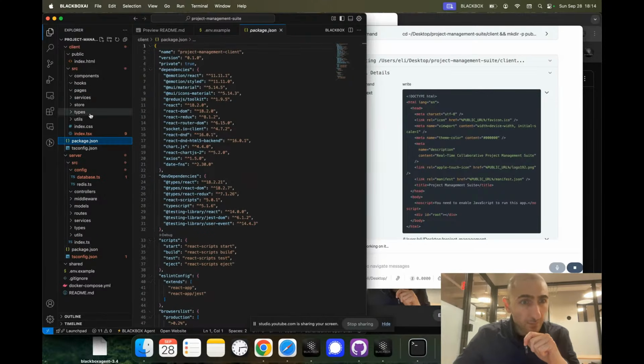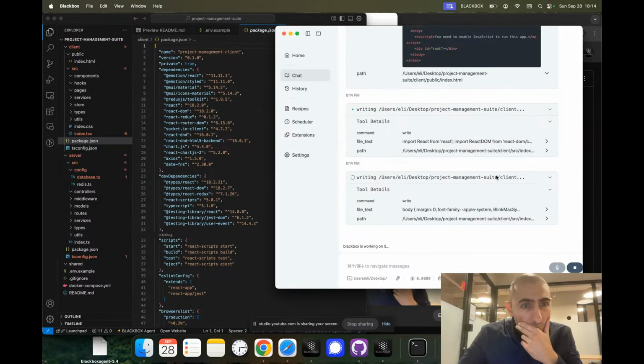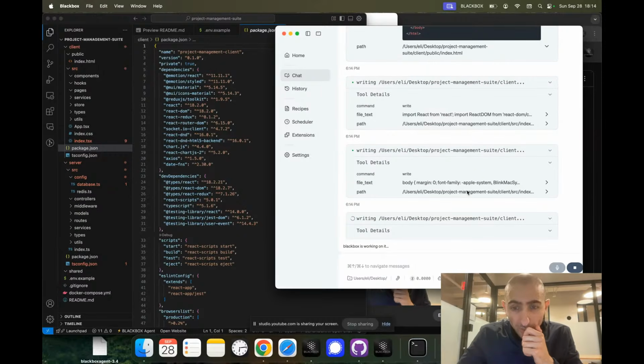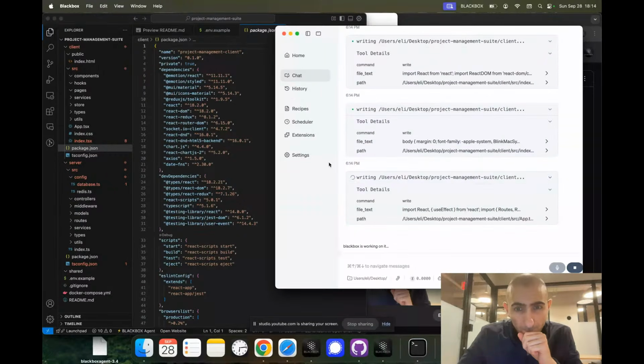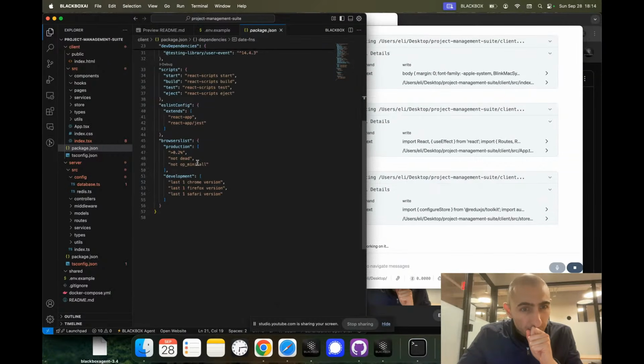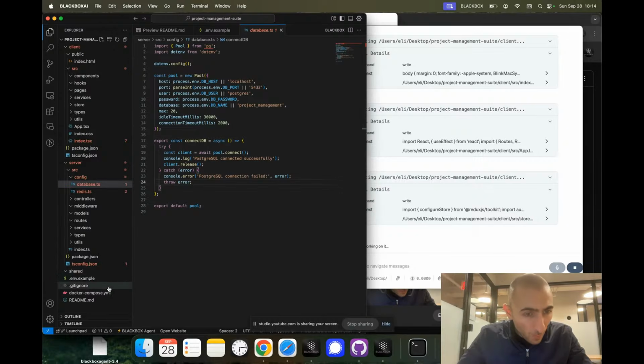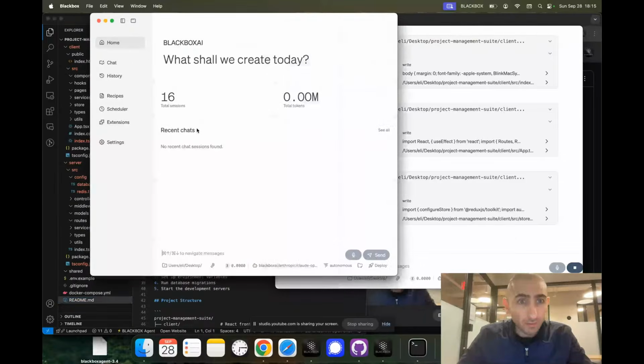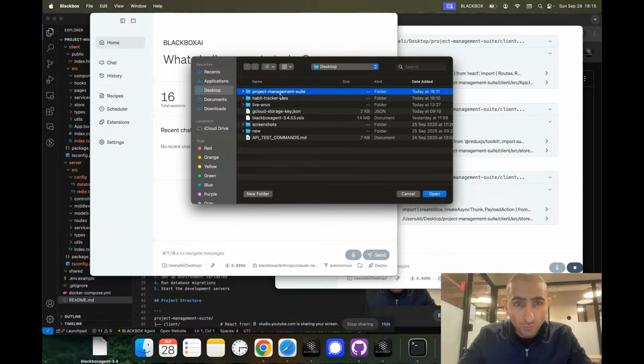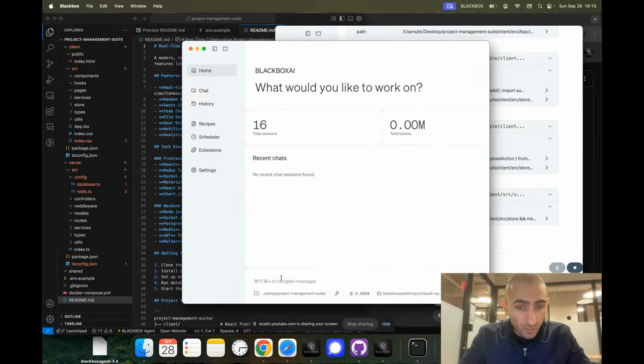Okay, and we're gonna have a look at it while it's implementing it. So here what we can be doing actually at the same time, while this is working, is we can have the other agent. We can point it to this project right here, and we can tell it, I want you to add in the